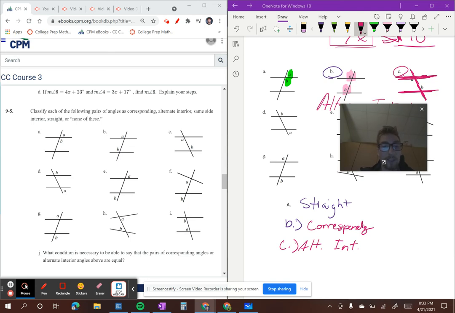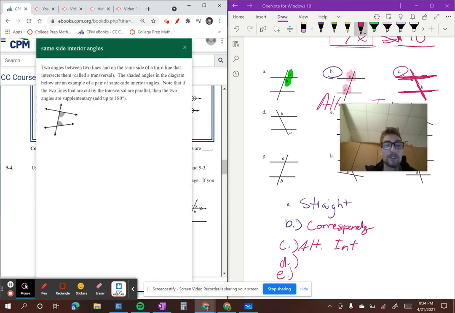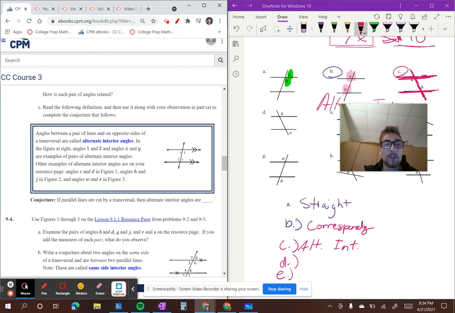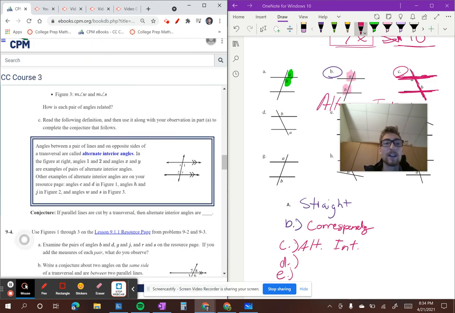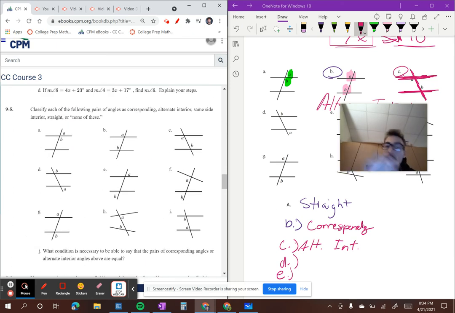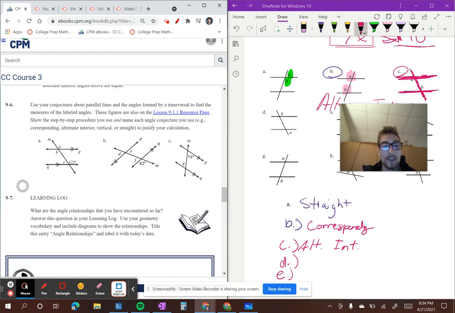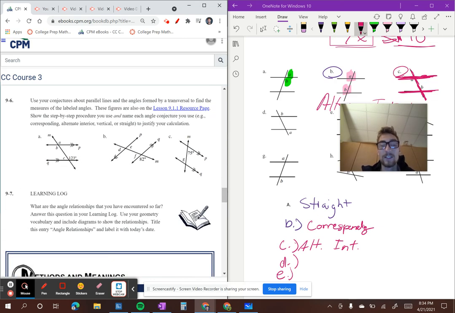And you're going to complete that all the way through I. So you just keep labeling D, E, and again, use the vocabulary that we have in our book. It tells you what same side interior is, tells you what alternate interior is with some diagrams. So if we're having a little bit of trouble, use the previous videos, use the vocabulary, and it'll help out big time. And then we'll get on to 9-6, which is looking at